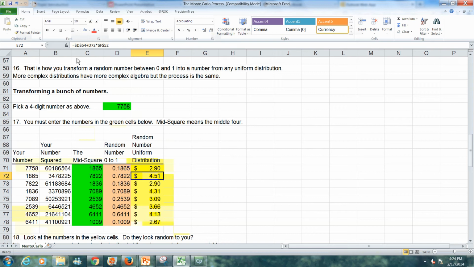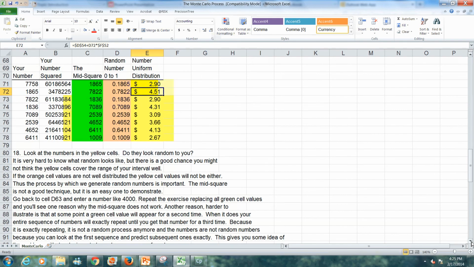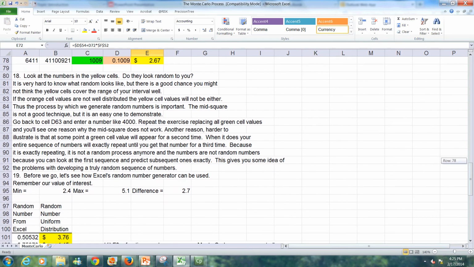What you might find is that we don't really have any idea of what random looks like. We think random should be spread out so that we don't see any pattern, but not seeing any pattern at all is its own pattern. So don't worry too much if you look at the numbers and they don't look especially random. So as we scroll down now,